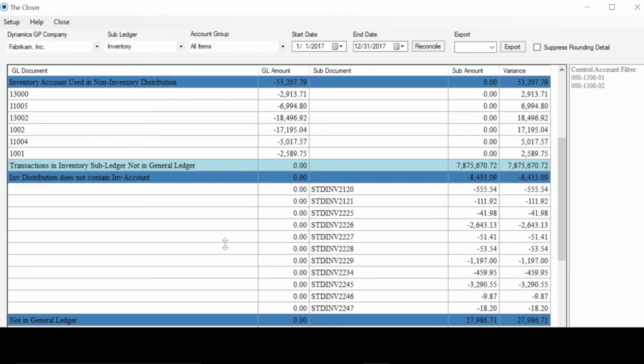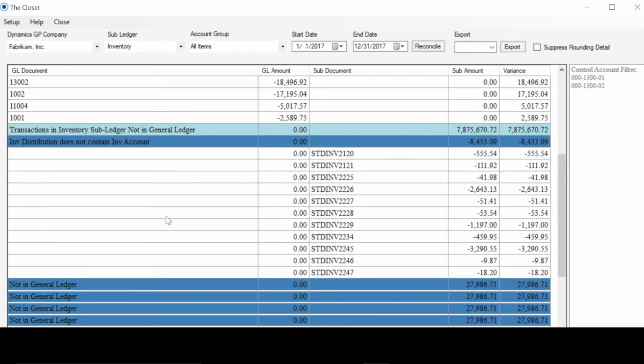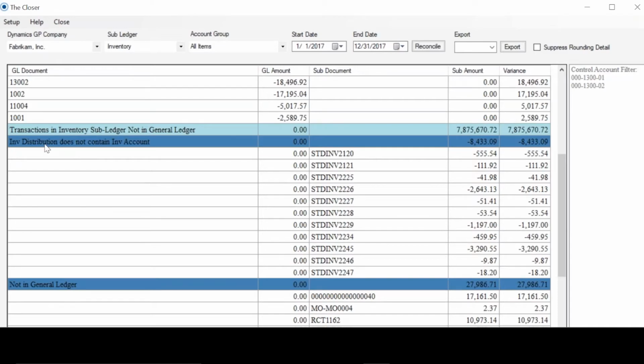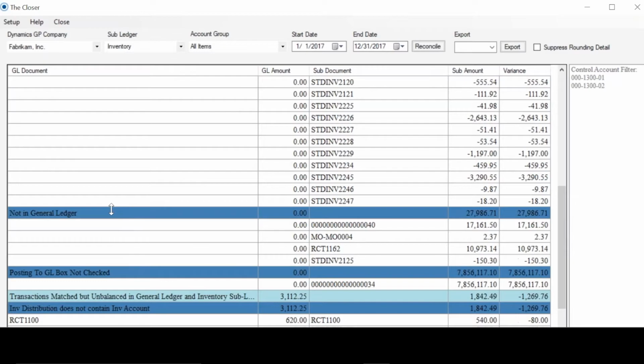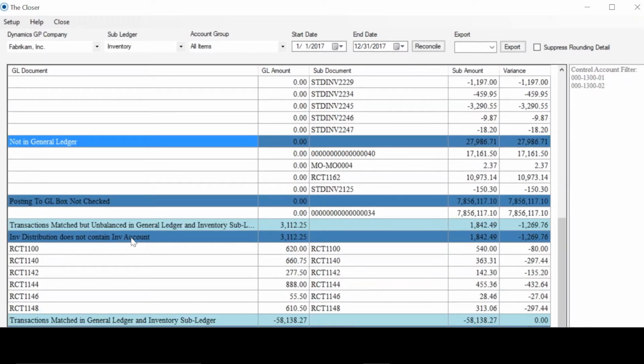The next major group here is transactions in the inventory subledger that are not in the general ledger. A first code here is the inventory distribution does not contain an inventory account. These transactions just haven't hit the general ledger yet. Could be timing, could be something else. In this example here, posting to the GL box is not checked. We also have a section a little further down